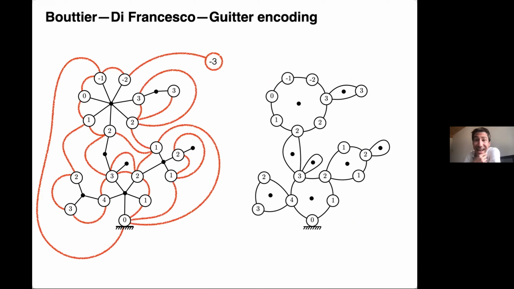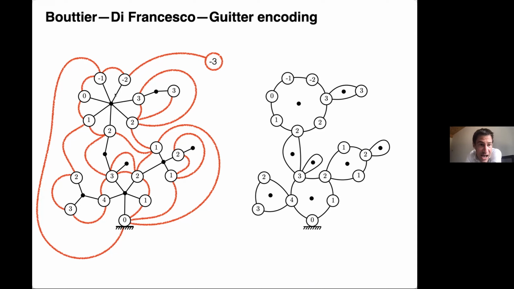And what is nice is that you see on this picture that the faces of your map are exactly the black dots here. So the faces of your map correspond to the black vertices of your tree, and the degree of your faces is just the degree of your vertices multiplied by 2.